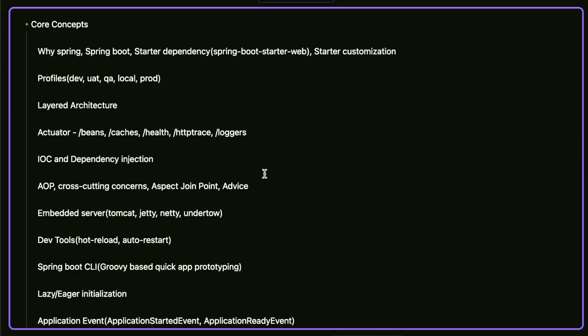The next topic we have IoC container and dependency injection. What is inversion of control? What are the different ways for dependency injection? Then we have AOP, aspect oriented programming. What is aspect oriented programming? How you have used aspect oriented programming? Why Spring Boot uses aspect oriented programming? What is cross-cutting concerns, what is aspect, what is join point and advice, and what are the core concepts of